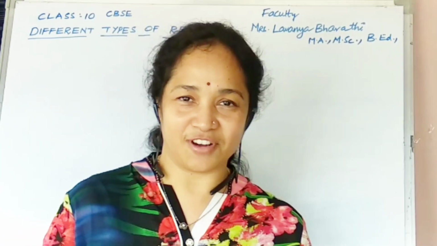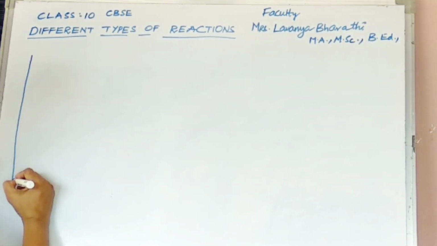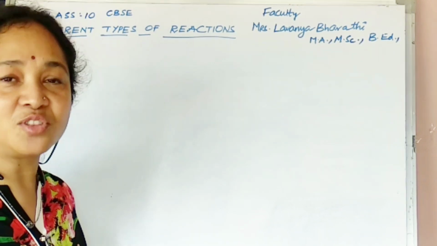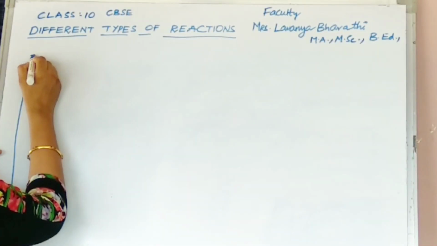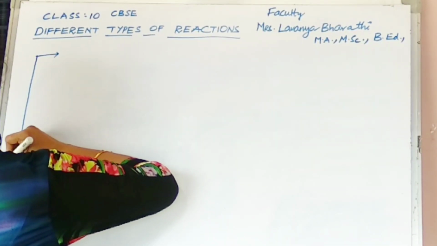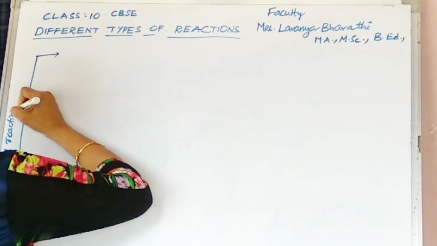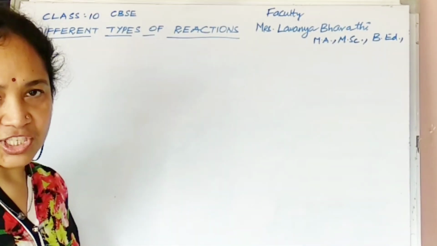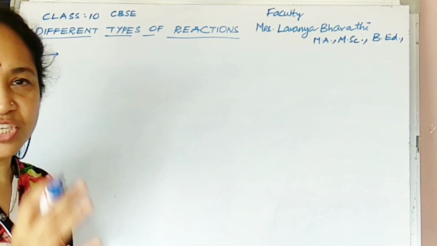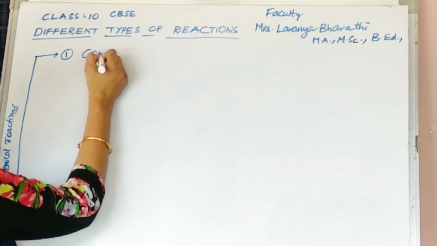So I'll make it easy for you now. Every time I follow a very easy method to remember all the concepts of the lesson through a flowchart. So here the first one: there are different types of chemical reactions. To your age level, let us learn today, we categorize these chemical reactions into 5 types.